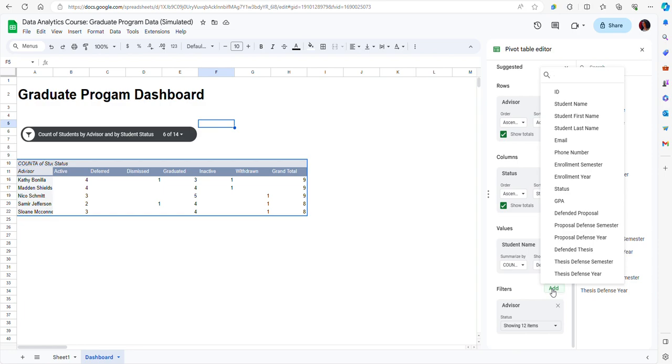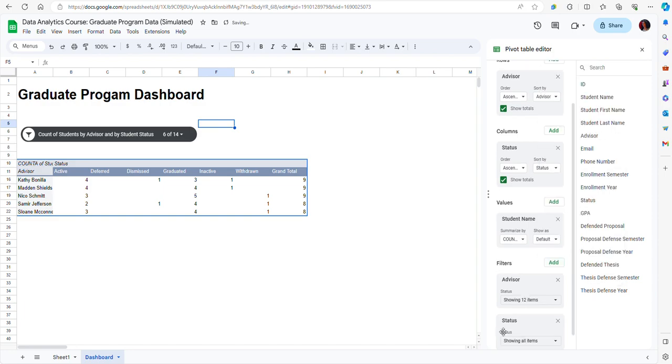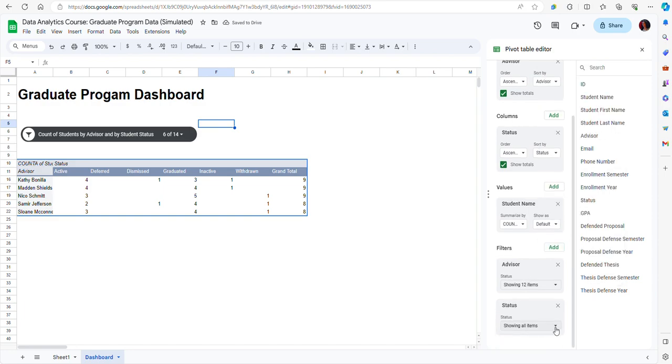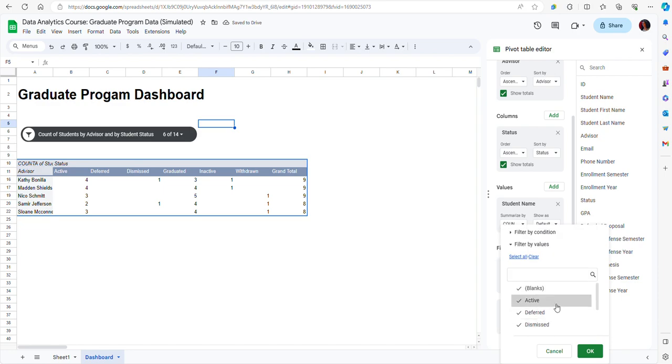Let's say I'm adding another filter by student status here. And if I click on the drop down arrow, I see all the possible options. And let's say I only want to include the students who are still working on their degrees, such as active,